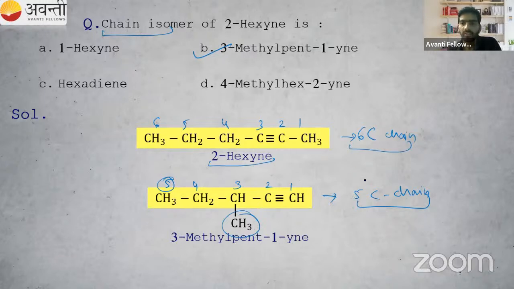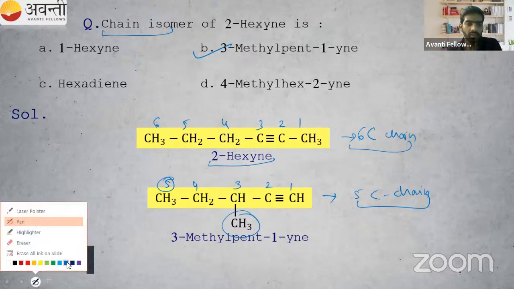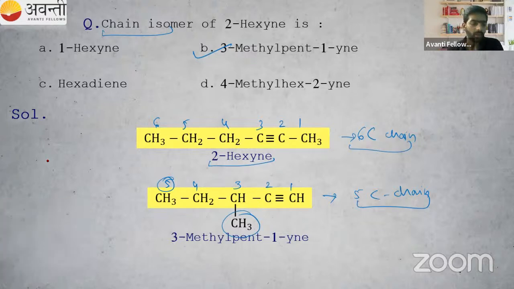Okay, JNV, KNR. Okay. Question is, sir, why option D is not correct? Okay, suppose now we will draw the option D structure. Okay, let's draw the option D structure. What you can see here is 4-methyl hex-2-yne. That means it is 6 carbon chain, that means 1, 2, 3, 4,